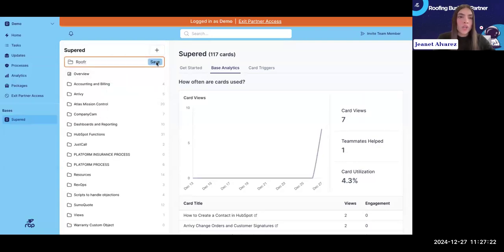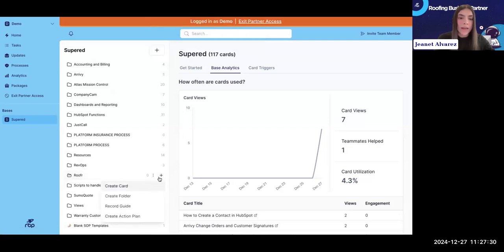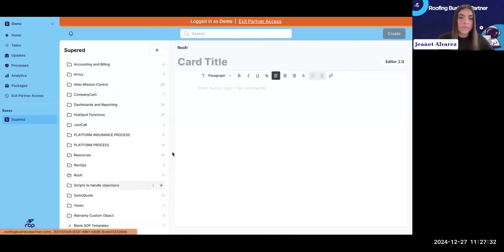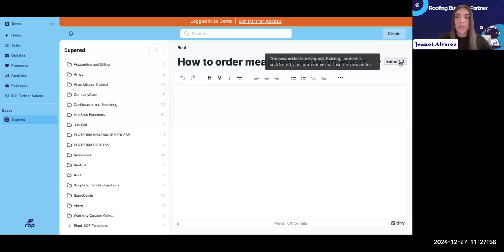So in this folder, I'm going to add all the roofer related content. I will come in here and add, with my little plus button, a card. I'm going to do "How to order on roofer." That's going to be the title of my video. I want to make it very clear what question is going to be answered in the video. And then I like to use the editor 1.0 just because I find it easier, but both of them